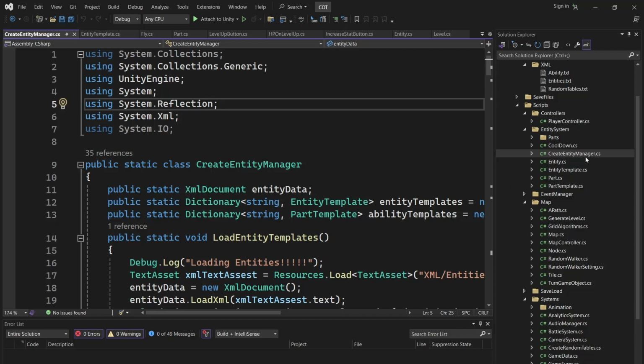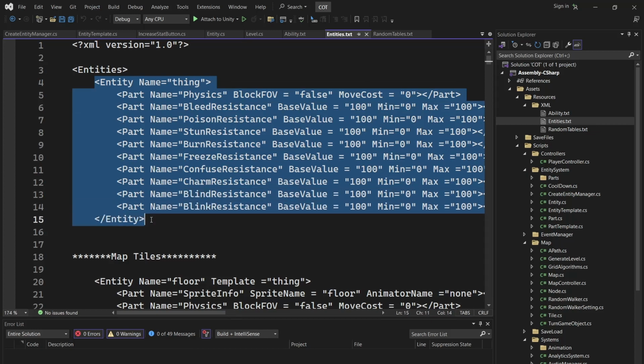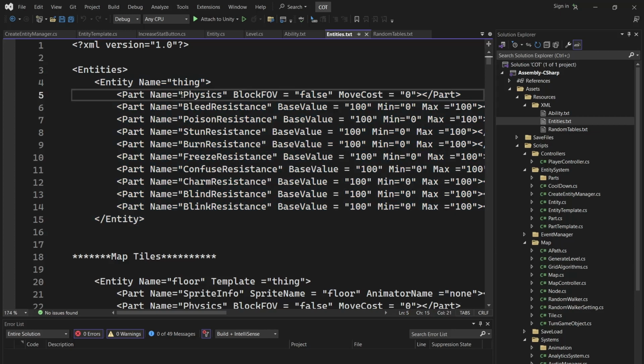So let's look at the XML file, and here's all the data for just anything. Now, starting off, I have a base kind of entity for most things, so I called it a thing. I think the creators of Atom, for one of the roguelike celebrations, go over their entity systems, and I think they called their thing a thing as well. So it's a thing. And things can have a part called physics, which deals with line of sight, movement cost,